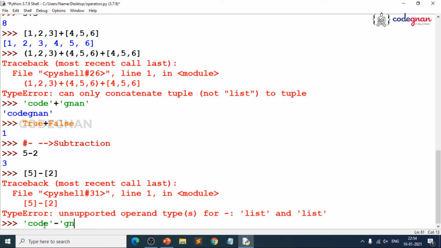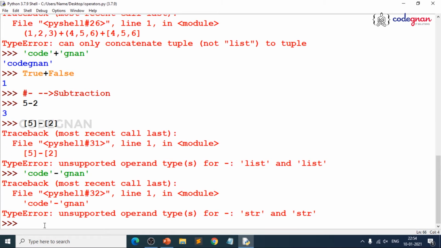It understands in a different way. If it doesn't know that logic, it will throw you a type error for an unsupported operand type. It's simple, because it doesn't take any risk. Python throws you a type error if the type you are giving is wrong. That is minus. The next thing is star, which is very important, which is nothing but multiplication.